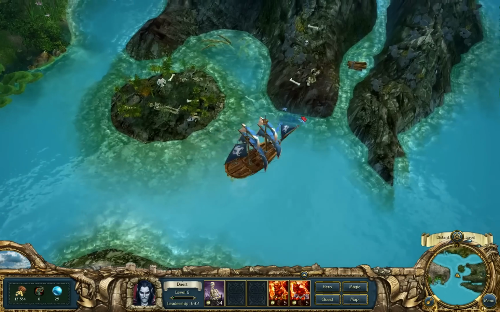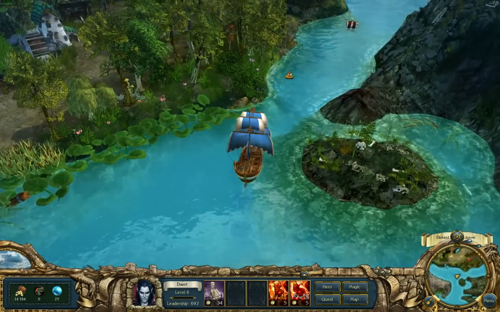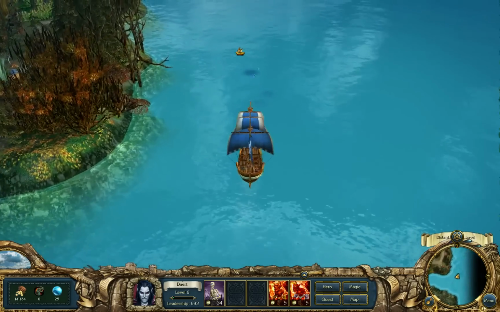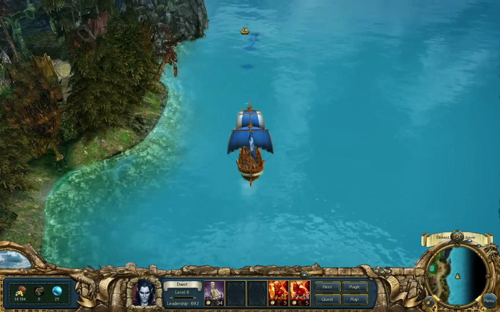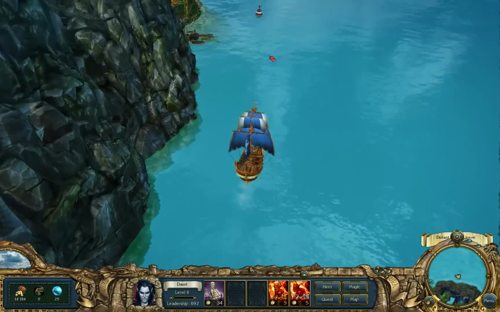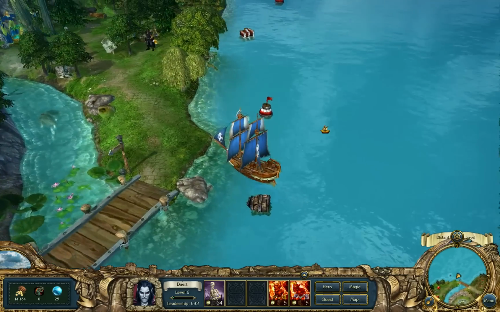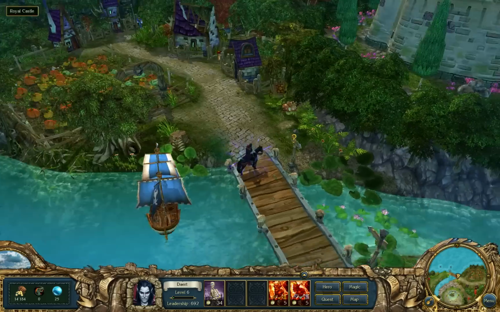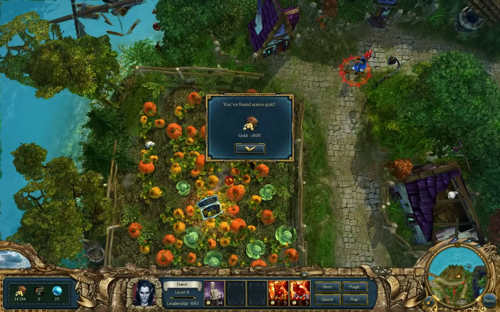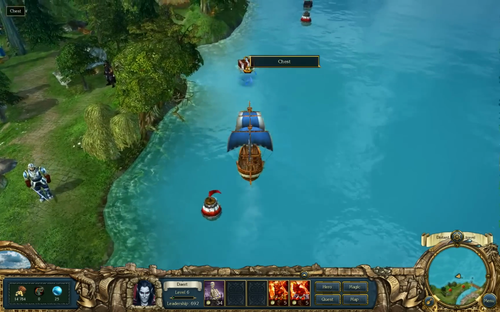Oh, there is another chest, but before that, we can try our luck with these skeletal remains. Nothing there. I think we are done. Oh, there's another chest, and maybe we can land here. Let me see. Can we land here? We can. But is there anything interesting? Oh, there is something. There are probably still some items that I missed, but the next time...